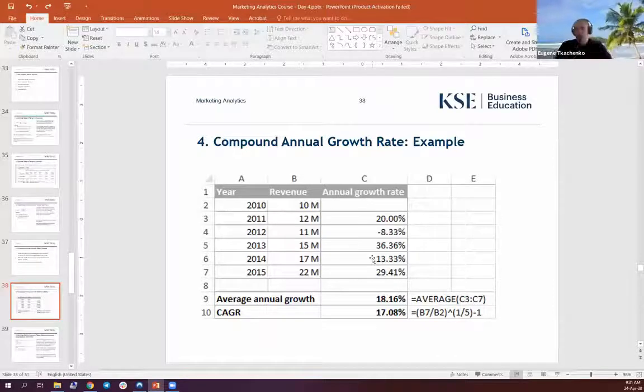What CAGR does is divide those values in a very distributed way. It takes the ratio between the revenue for the last year and the revenue for the first year, and then splits it into equal portions